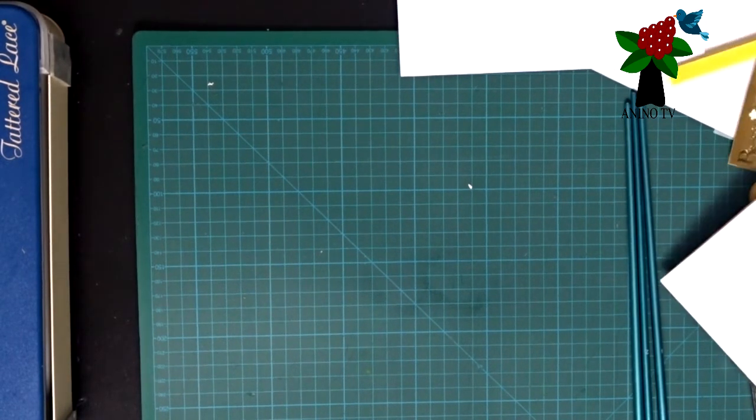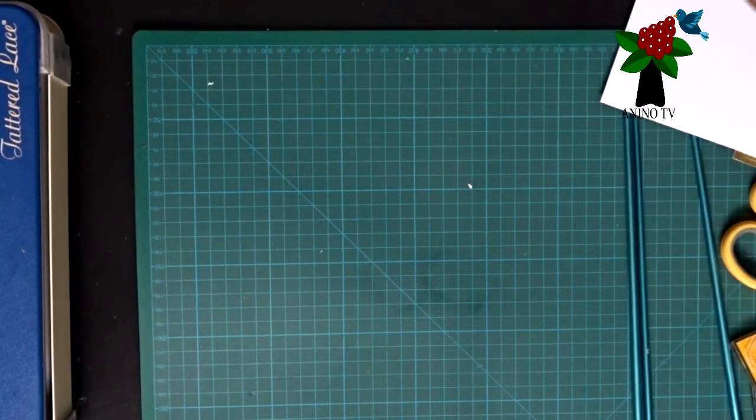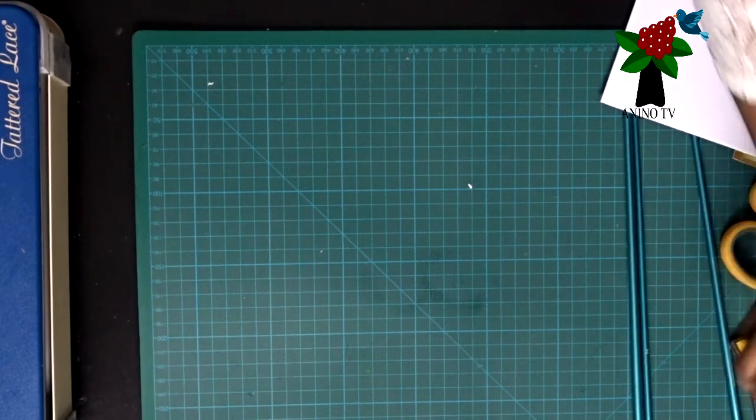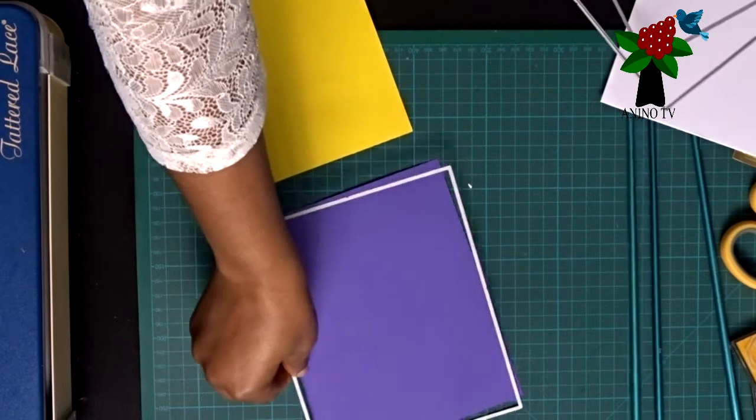I've already cut some, as I said earlier. So I'm going to cut the white. Hope I don't make, okay, this is on all day. Maybe that's why I should just put this one aside. So I've already cut one from the purple,